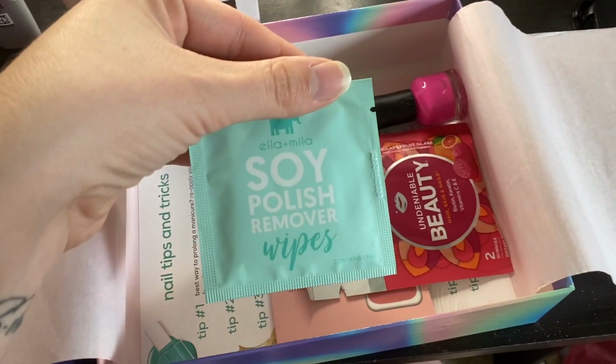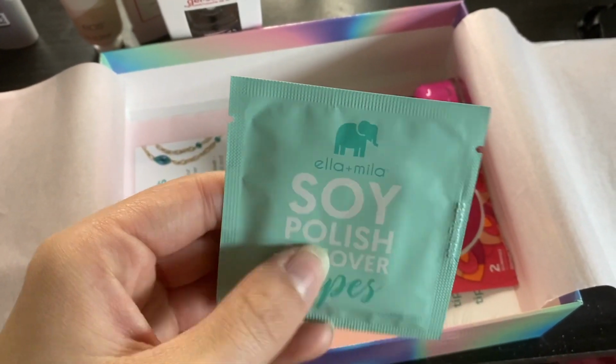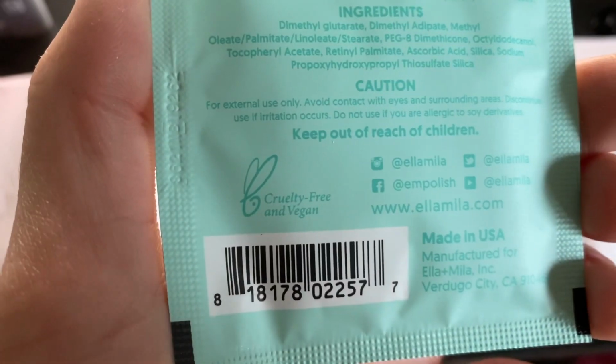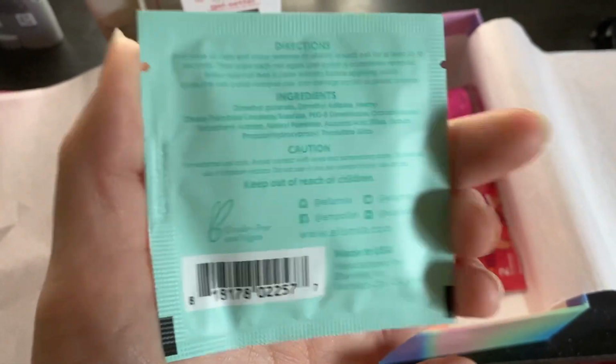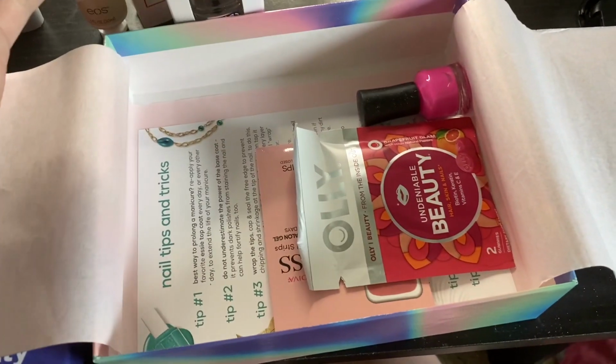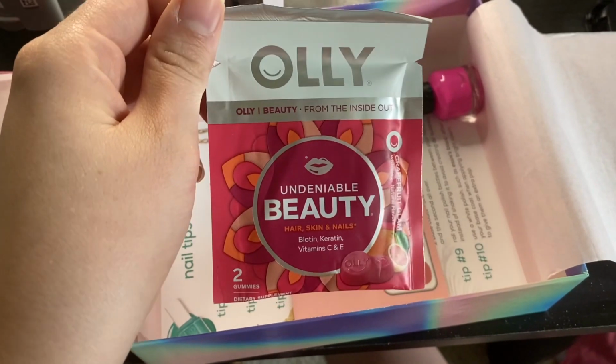Okay, we've got some soy polish remover wipes, Ella and Mila. This is cruelty free and vegan, so that's very nice. And it is also made in the USA, so we know we love that. Oh, super cute. Ollie